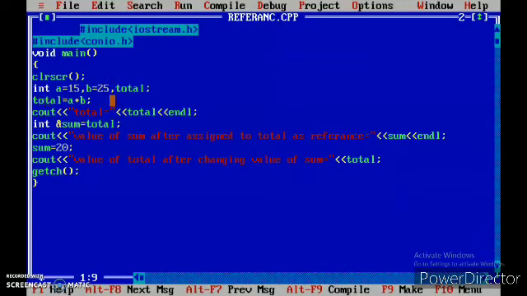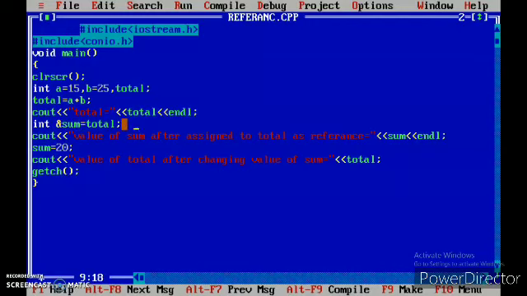Now total is equal to a plus b, that means the value of the addition will be stored in total. The next line just displays the answer of a plus b. After that we have written one line: int &sum = total. That means here sum is an alias name for the variable total.